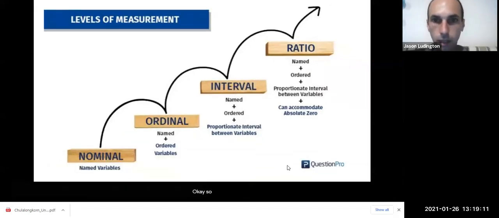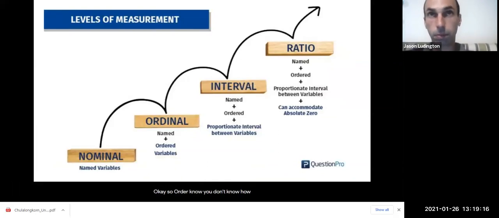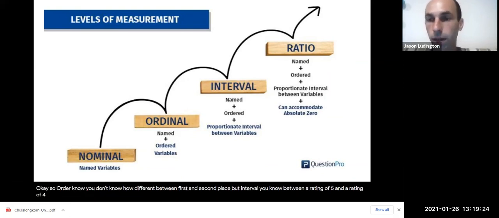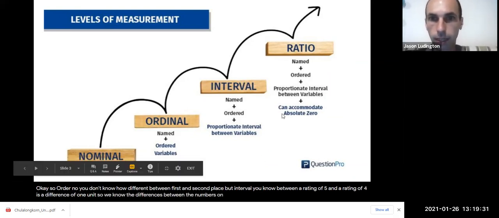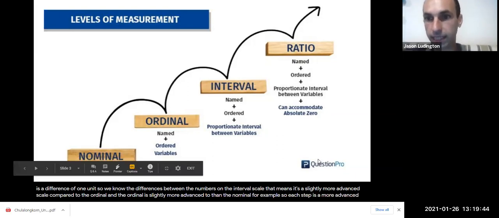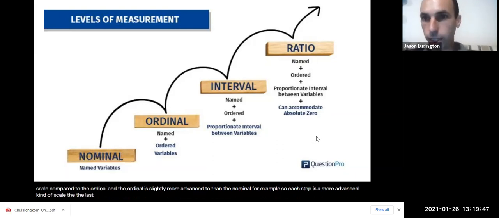Okay, so with ordinal, you don't know how different first and second place are, but with interval, you know that between a rating of 5 and a rating of 4 is a difference of 1 unit. So we know the differences between the numbers on the interval scale. That means it's a slightly more advanced scale compared to the ordinal. And the ordinal is slightly more advanced than the nominal, for example. So each step is a more advanced kind of scale. The last one, ratio, is